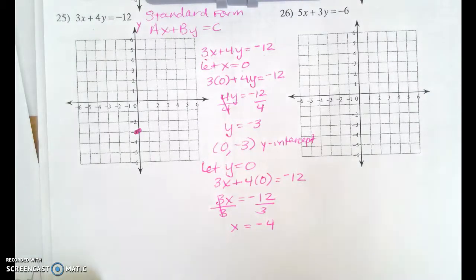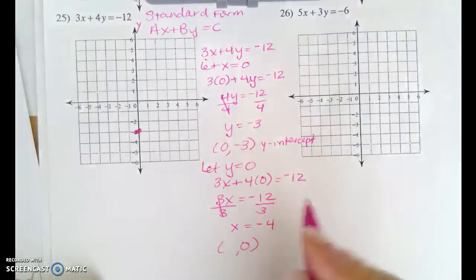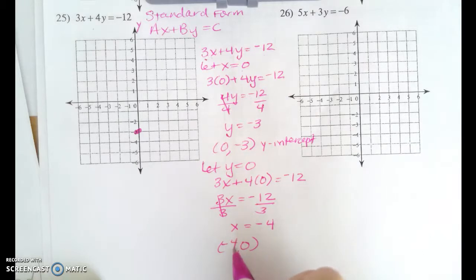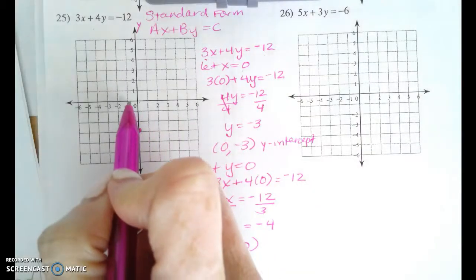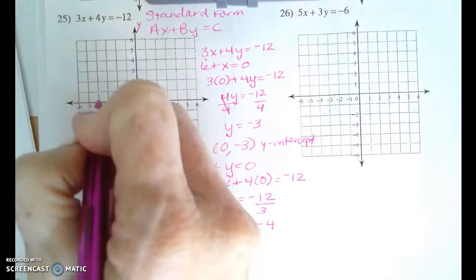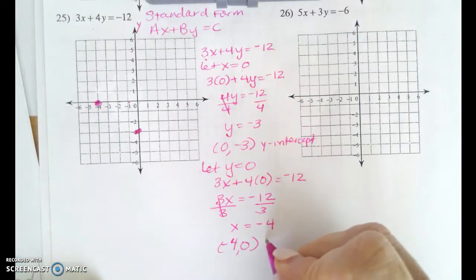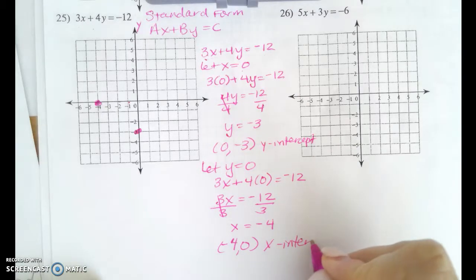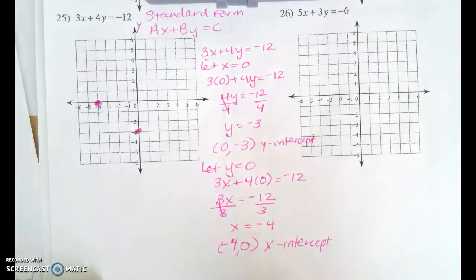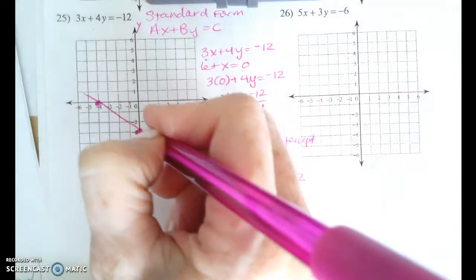Okay. So in this case, when y is 0, we know y is the second value in our coordinate, x is -4. That's another point I can plot. 1, 2, 3, 4, -4 on the x-axis. I don't go up or down because y is 0. That's my x-intercept. Okay. This is called the intercepts method. Okay. So there we are. I've got 2 points, and I can